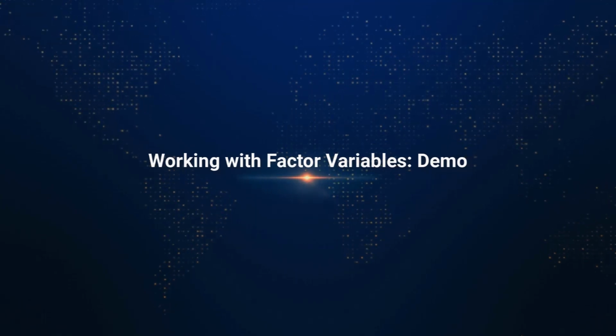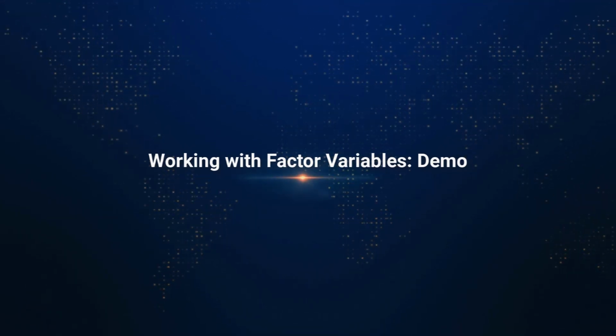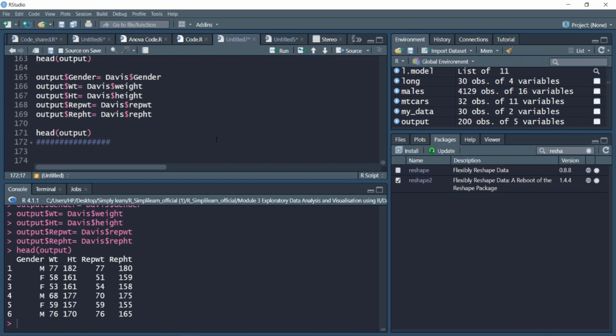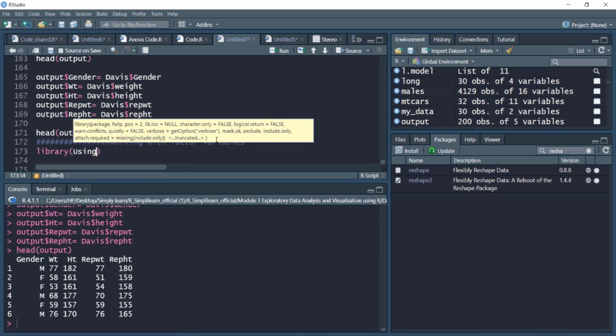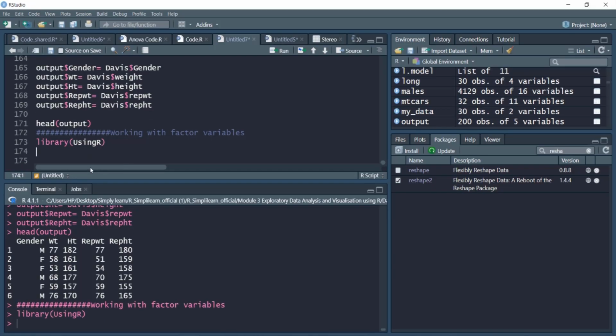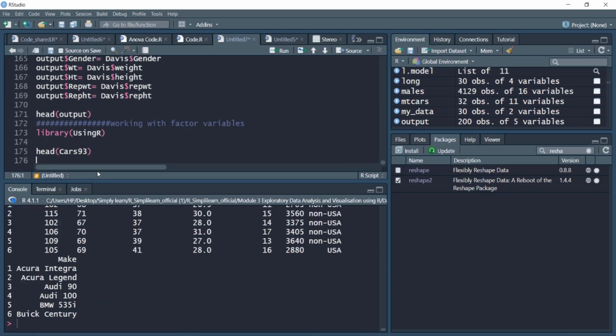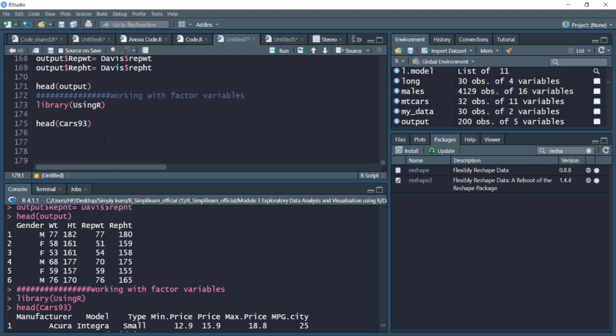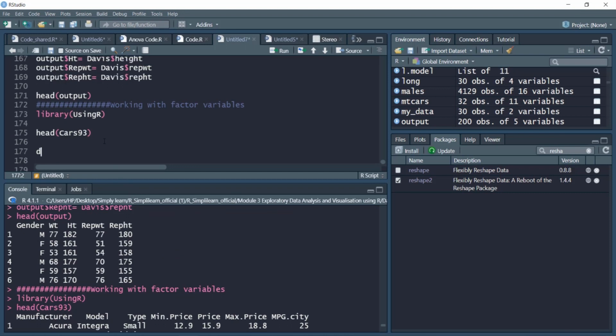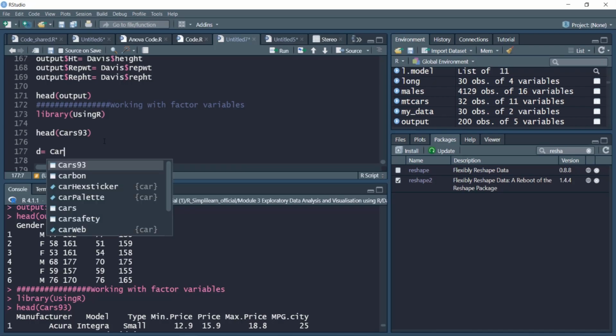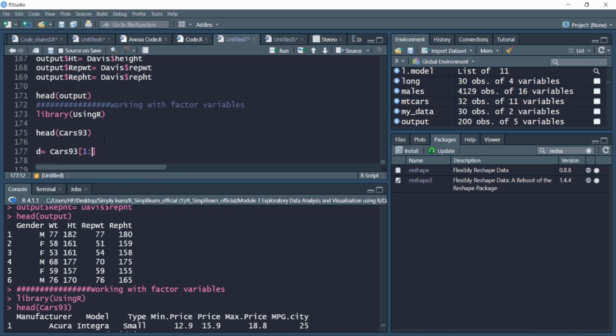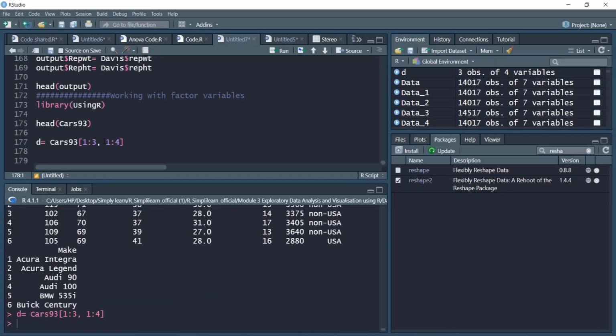In this video, we'll learn how to deal with factor variables, and we'll also perform some operations on data frames. So we'll learn working with factor variables. We'll make use of the library MASS, in which there is a Cars93 variable which we'll make use of. This Cars93 variable carries various dimensions of cars. Now, as a starting point, let's create a sub data frame or extract certain elements of Cars93. Let's take the first 3 rows and, out of all, the first 4 columns. So this is a 3 cross 4 kind of data.